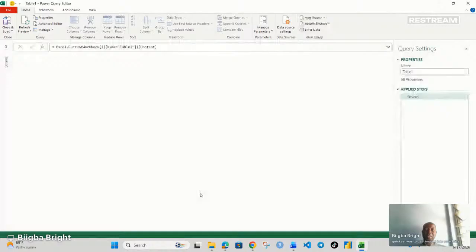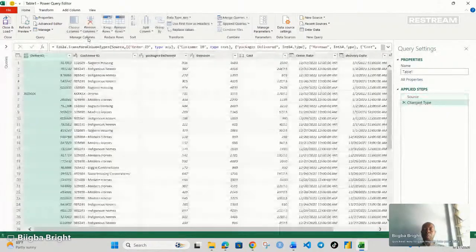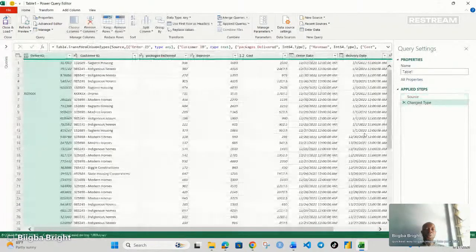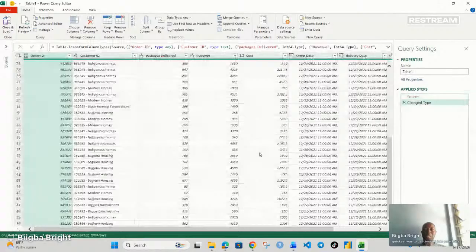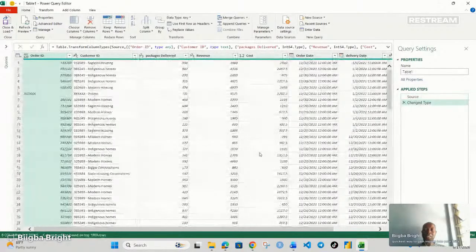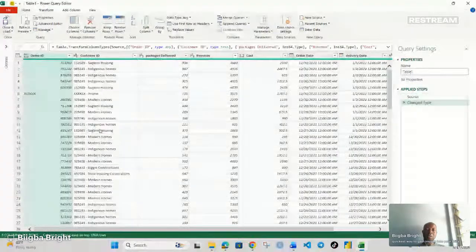So this is our Power Query ribbon, as you can see here. This makes it very easy for us to have insight into the data that we are looking at. Look at it here. One of the ways to get an insight is, if I come to this particular column here,